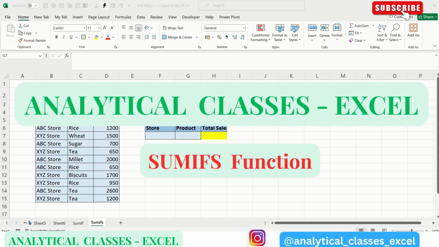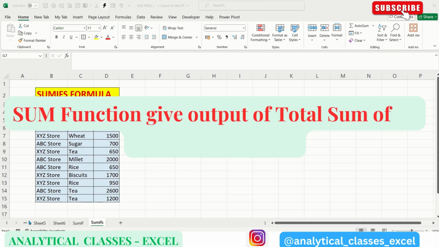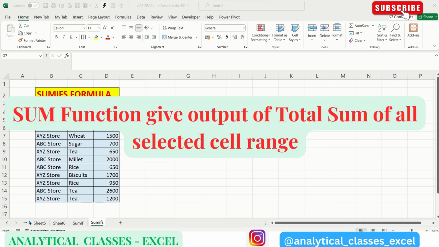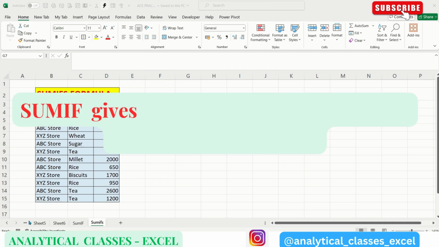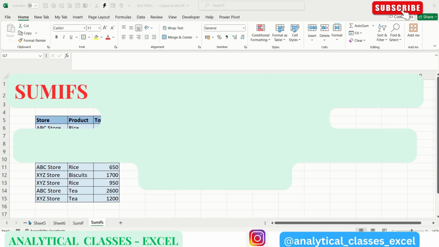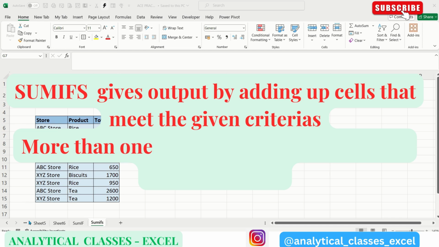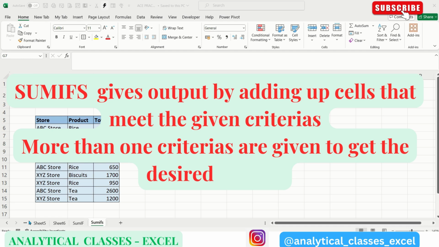Today's video is about the SUMIFS formula. So what SUM does is it gives you the total of the desired cell range, and what SUMIF does is it gives you the sum of the cell range based on any one condition. But what SUMIFS does is you can give more than one condition, and if all the conditions are met, then those cell ranges whose conditions are met will be summed and given as